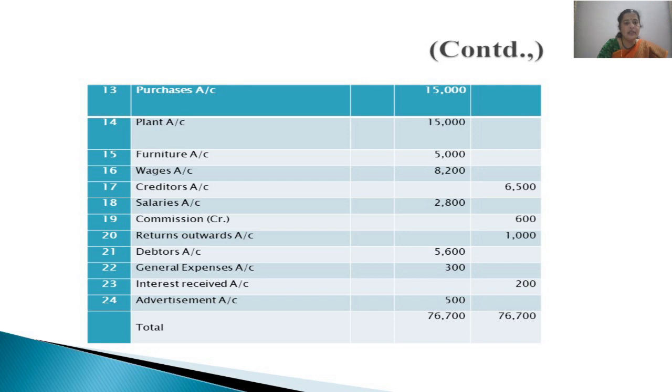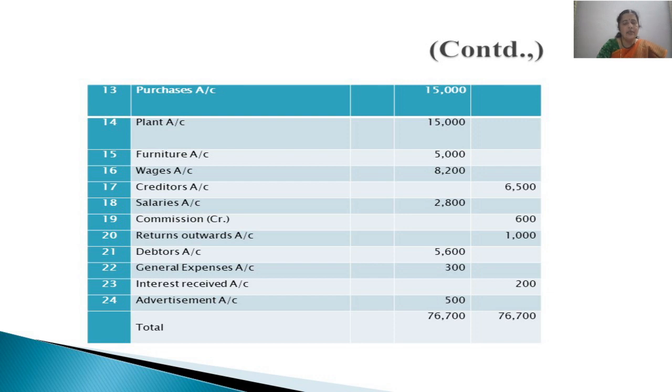One more, the 13th one, purchases. Purchases is an expense. When you purchase goods, it is an expense, you have to pay for it. So expenses, nominal account, debit. Or else, if you treat it as goods account, when you purchase, goods are coming in and it is your asset. In that case also, debit what comes in. Debit all assets. So in both the ways, if you treat purchases or sales as a real account or even as a nominal account, the accounting effect will be one and the same.